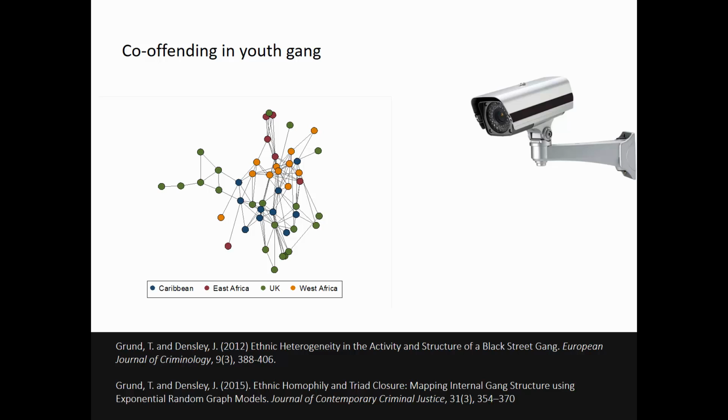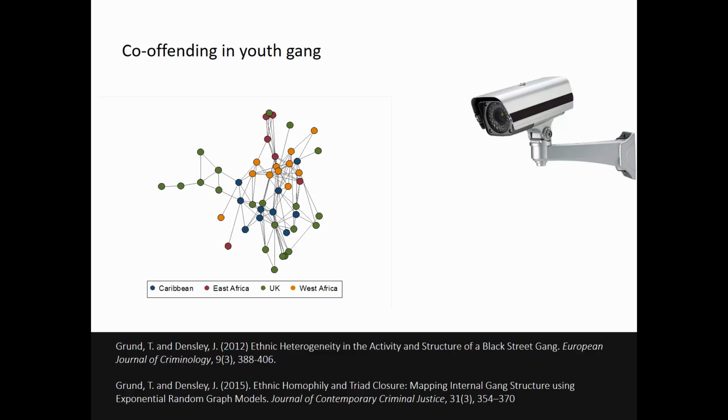Actually, we compared it with the kind of activities that they do as well. That's what we did in the first paper. And there we found that ethnicity does not matter for the kind of crime that those kids commit. It doesn't matter whether they are in the drug business, the weapon business, or the robberies or whatnot. There's no specialization here, where you could say the Jamaicans run the drug business and so on. It's not like that. But ethnicity does matter with whom they do it. Right?